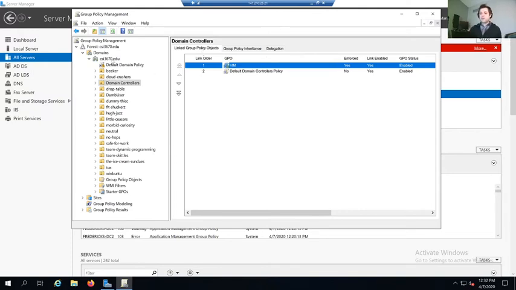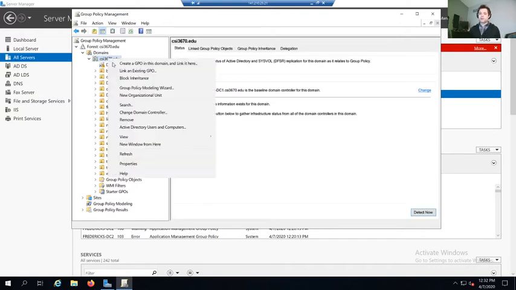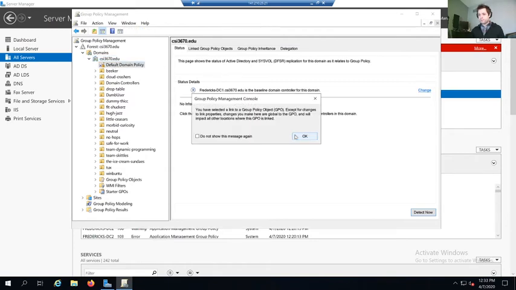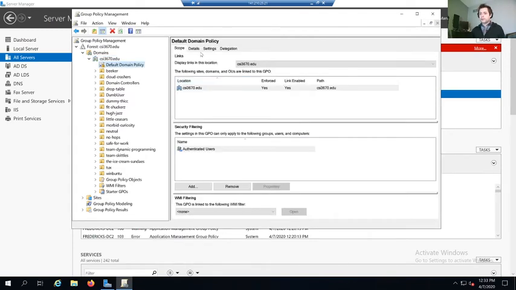You don't necessarily see groups in here, though. If I create a new group, it's not going to show up because this is OU based. What you can do, however, is in your group policy object, add groups inside of here. I just clicked a random domain policy.